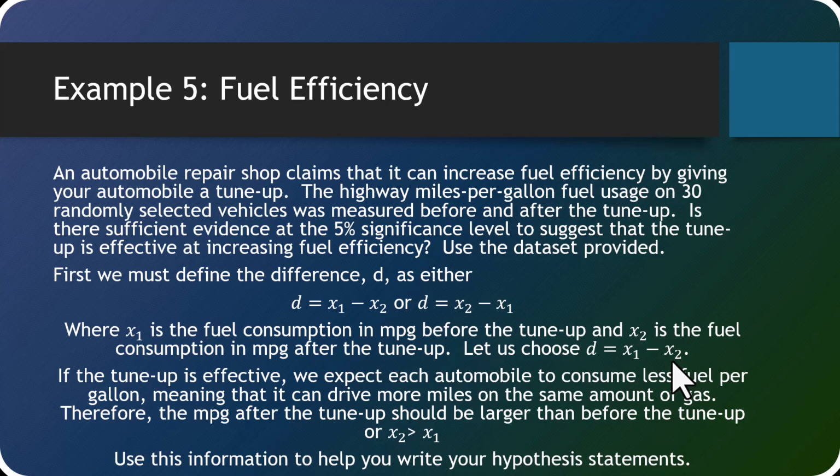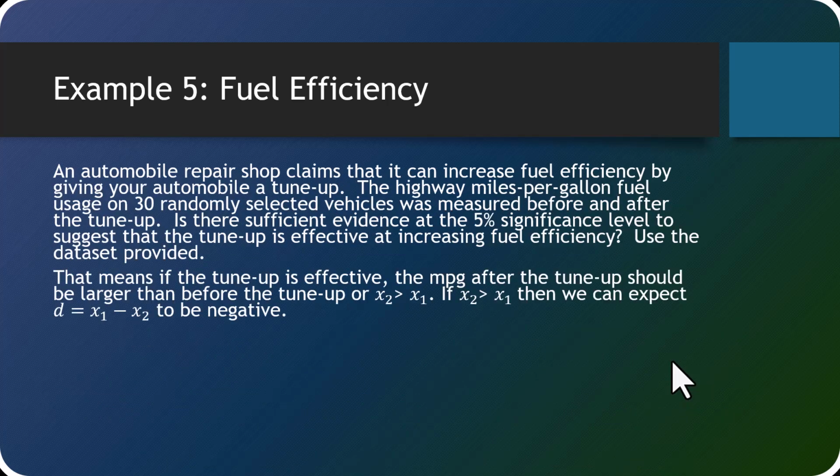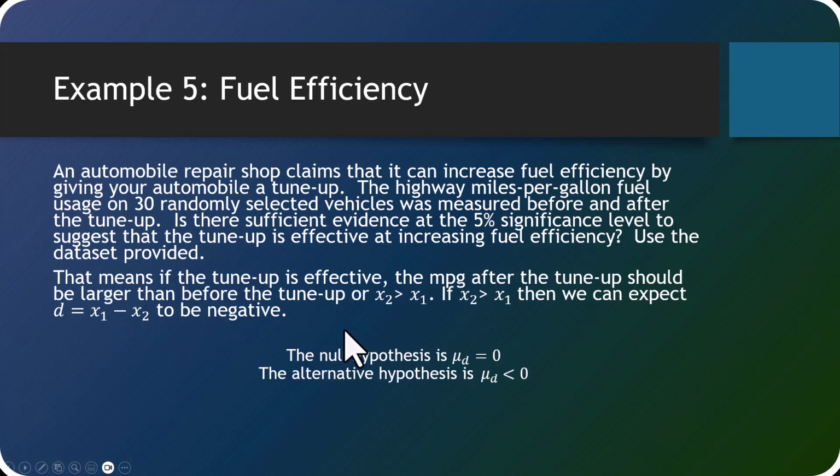So we already know that our null hypothesis is mu sub d is equal to 0, meaning there wasn't any difference. The tune-up didn't do anything. Okay, but if x2 is greater than x1, in other words, I can go more miles on the same fuel after my tune-up than I could before, right? Then basically what I'm doing is I'm taking a smaller number and I'm subtracting off a larger number. So if I have a smaller number minus a larger number, that's going to give me a negative value. Okay, so that means my alternative hypothesis would be that my average difference is less